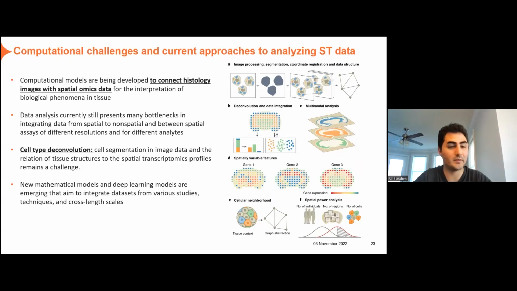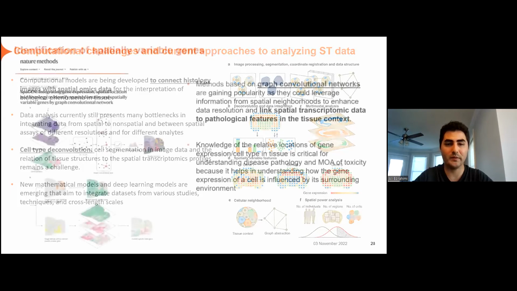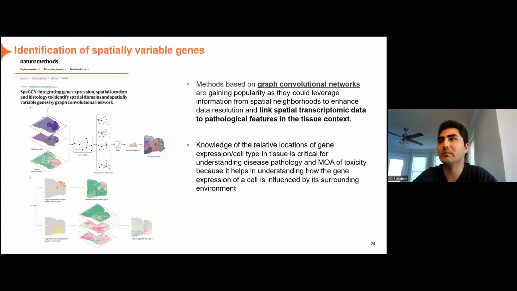In addition, there are new, mostly deep learning models that are being generated that try to identify the spatially variable genes from previous data sets that are generated. For example, one of the interesting models that I find quite useful is this graph convolutional network. It's eSTAR GCN, which what it does is try to